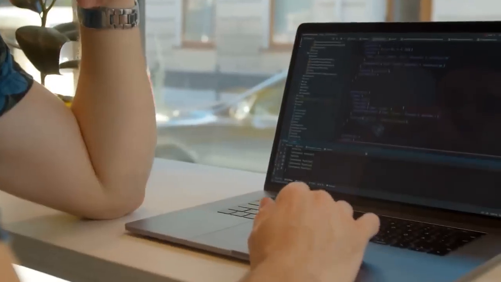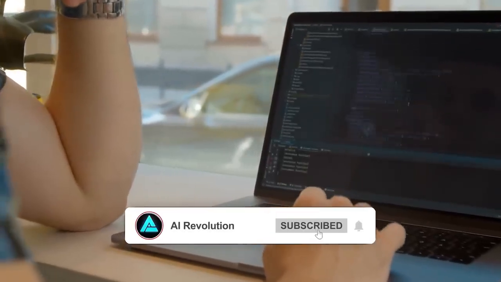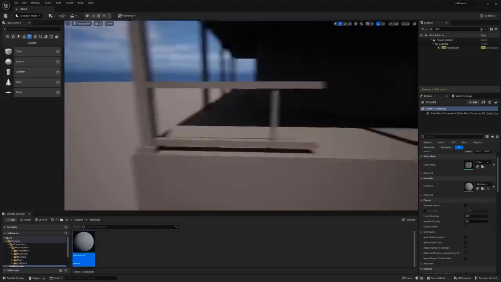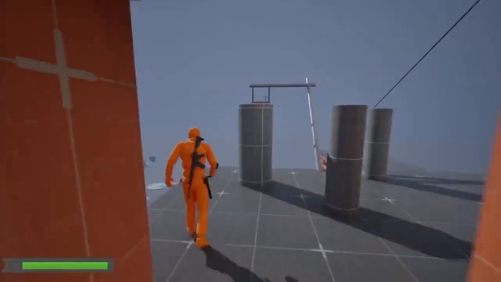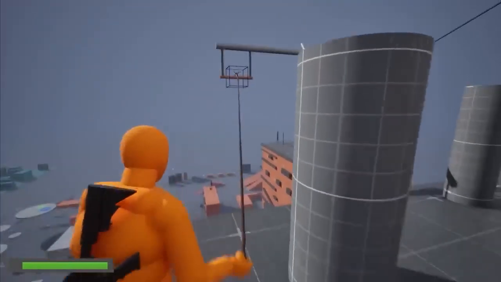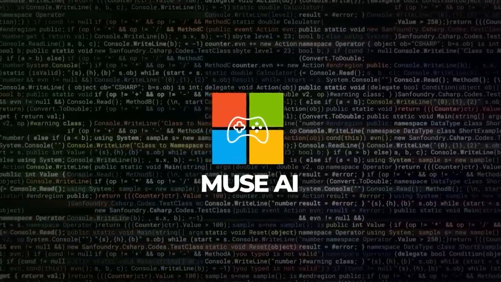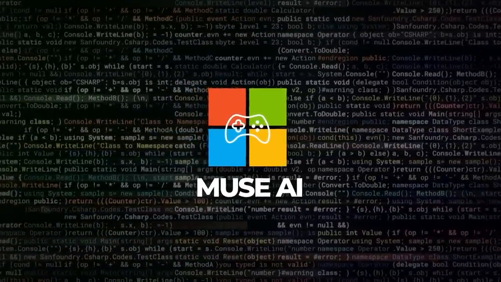Those points are super relevant for real game developers. No dev wants an AI that can only do one thing or produces the same environment every time. They also don't want an AI that breaks a game's internal logic. So, in that sense, Muse looks like a big step forward for generative AI in game development.